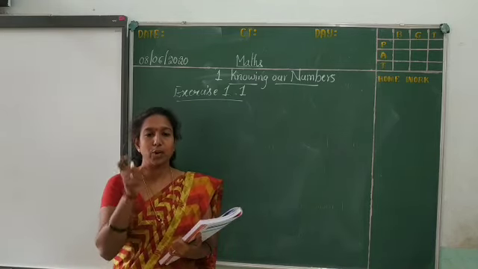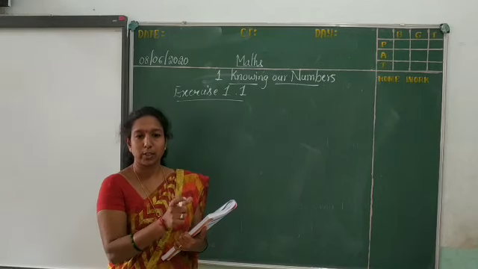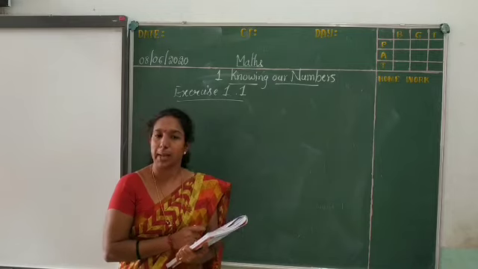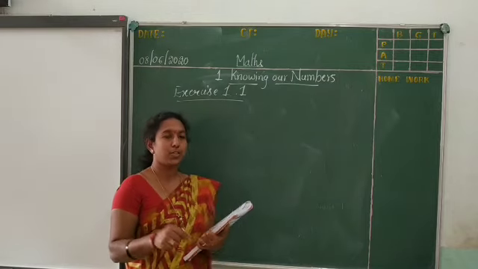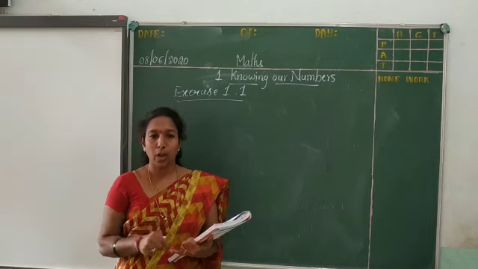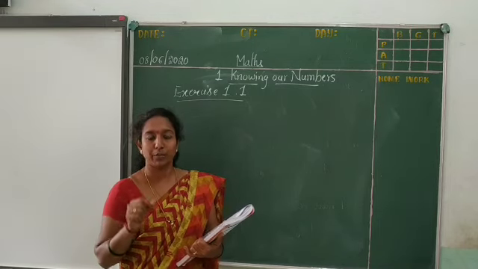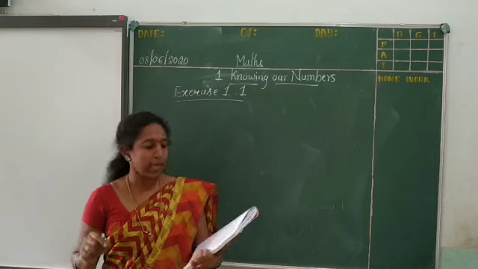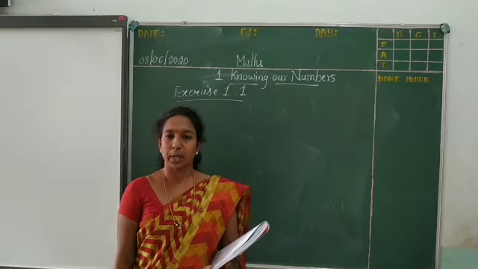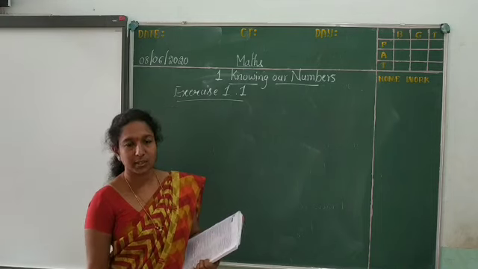On the second page, you have to write the Indian place value chart and the international place value chart that is given in the maths textbook. On the third page, you have to start solving the exercise problems. First, open your maths textbook, exercise 1.1, page number 5. Okay? May I start, children?